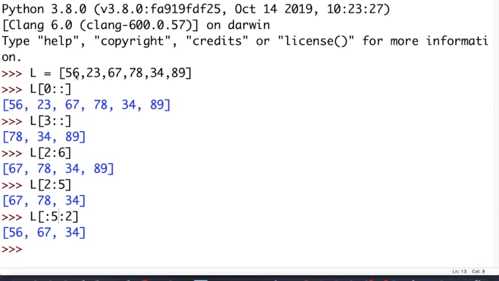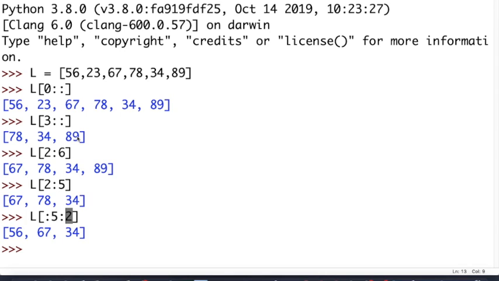Let us find out which element has index number 4. So 0, 1, 2, 3 and 4. 34 is the element whose index number is 4. So we will have to reach up to 34. But in the resultant list, we see only 3 elements. How has this result been generated? Let us find out. The first element is 56. You can see that in this example the step mentioned here is 2. So we have to take 2 elements at a time and then jump to the third element.